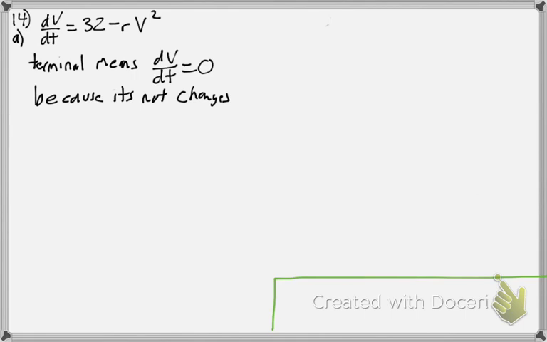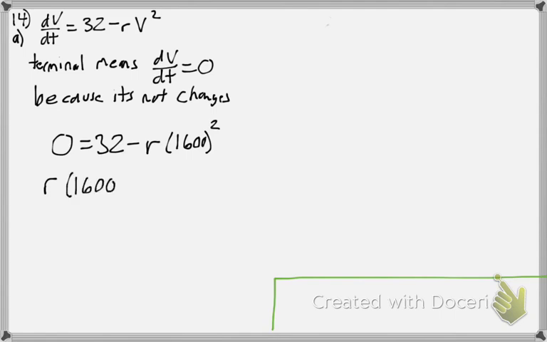So what I need to do is set my equation equal to 0, but also they tell me that v is equal to 1,600. So I'm going to type in 1,600 for v, and then I want to solve. So let's first add the r times 1,600 squared to the other side. That way I don't have to deal with negatives. And then if I divide both sides by 1,600 squared, then this should get you, let me type it in,